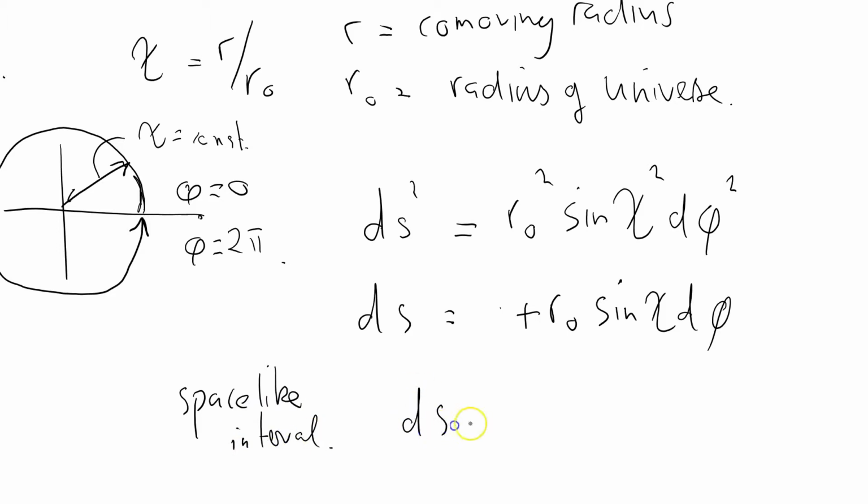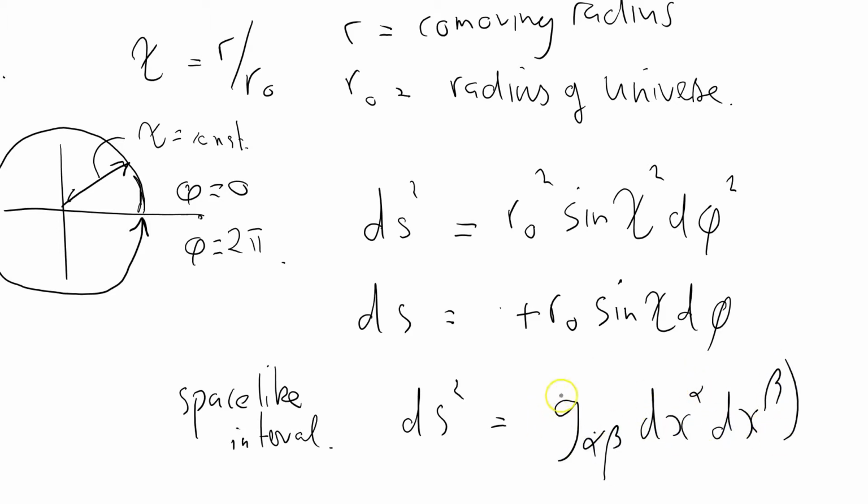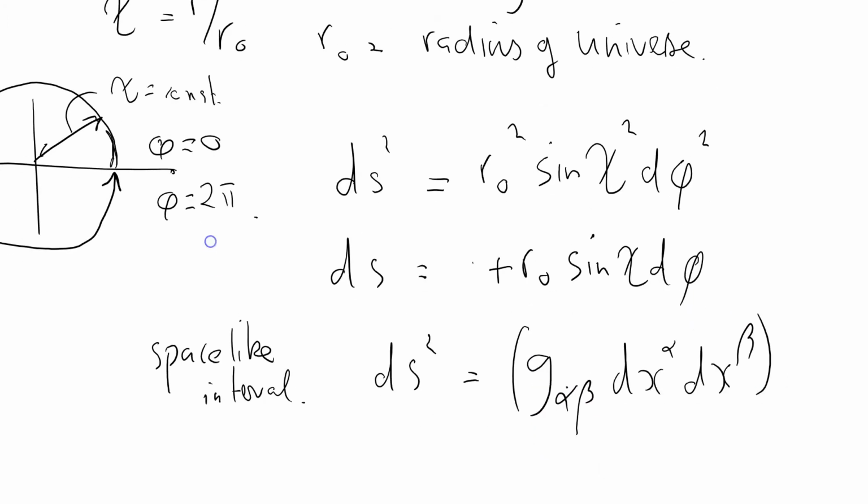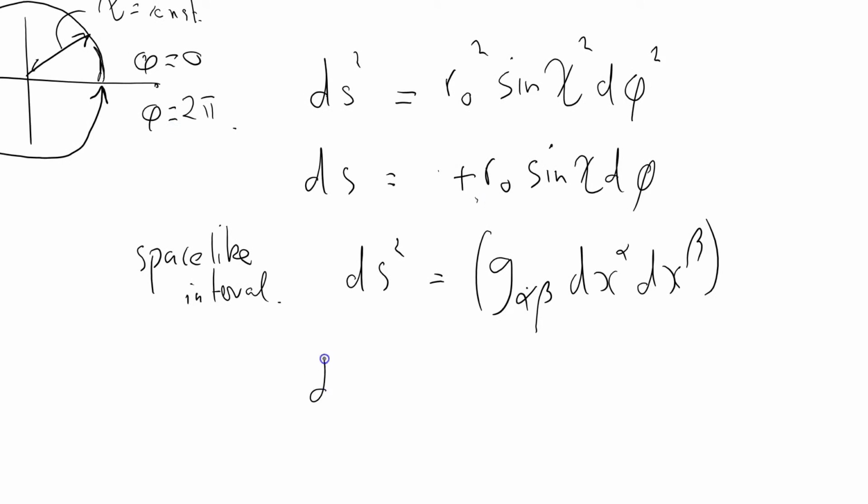You remember that ds squared equals, I may as well use the Greek letters, g alpha beta dx alpha dx beta, and we went to great lengths to show that this quantity here can either be positive or negative for space-like or time-like intervals. And I'm considering space-like intervals here. So we only want the positive root. So ds equals r0 sine chi d phi, and I may as well say that the circumference